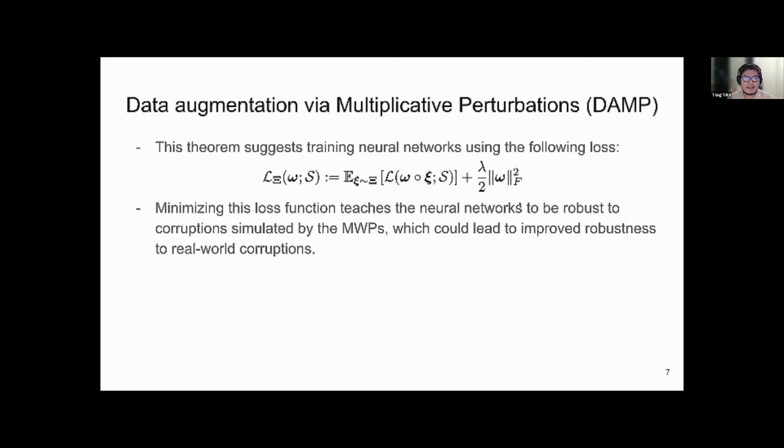And the idea is that minimizing this loss function will teach the neural network to be robust to the corruption simulated by this random perturbation, which could transfer to improve robustness to real-world corruption.